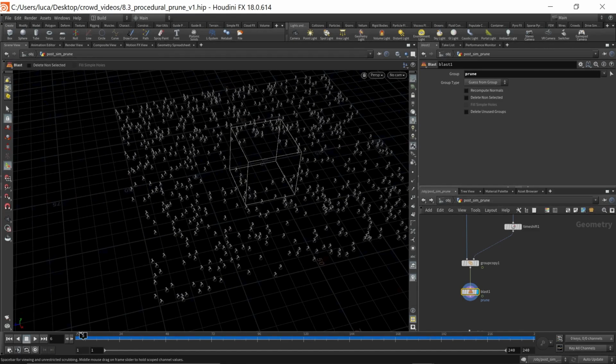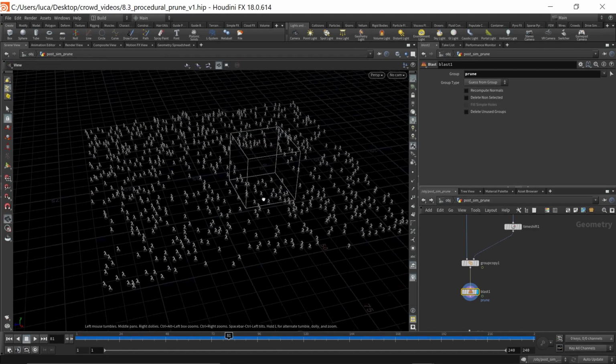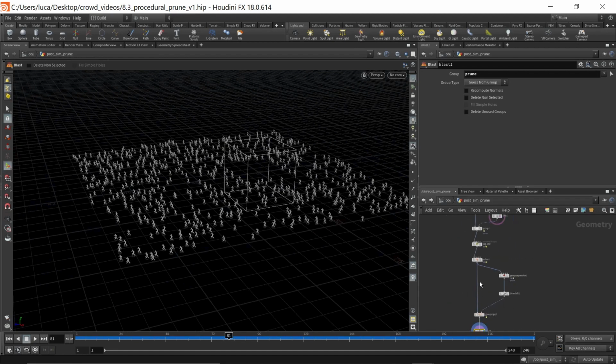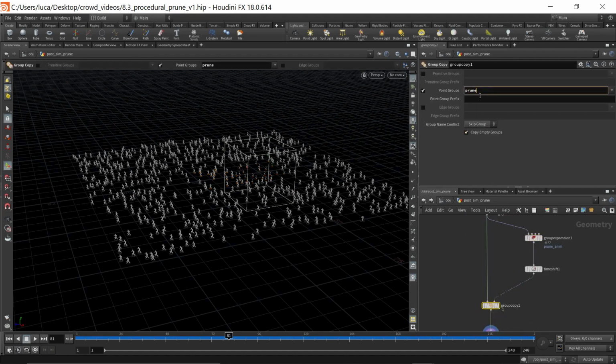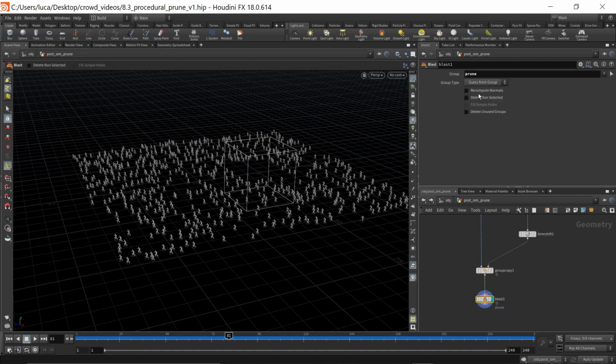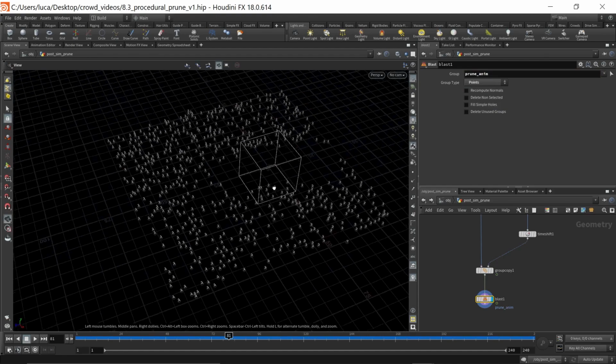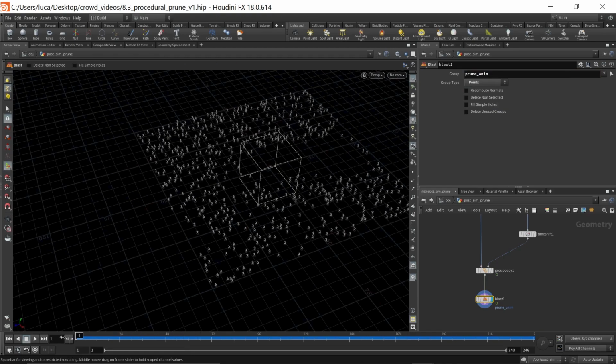And that doesn't seem to be working. Oh, because I should probably rename this to something else. Prune, we'll call it Prune Anim. So it's conflicting with an already existing group. So let's call this Prune Anim. And I will blow away, I'll set this points Prune Anim. There we go. So now if we look at what we have,